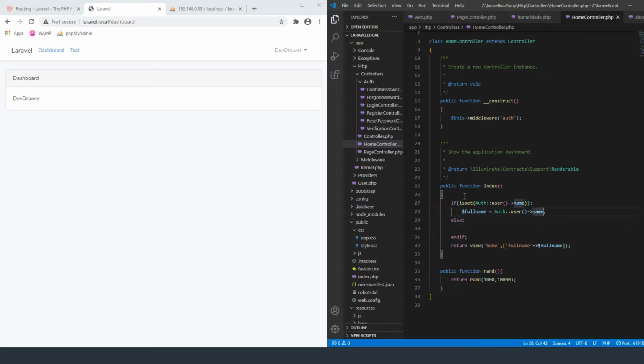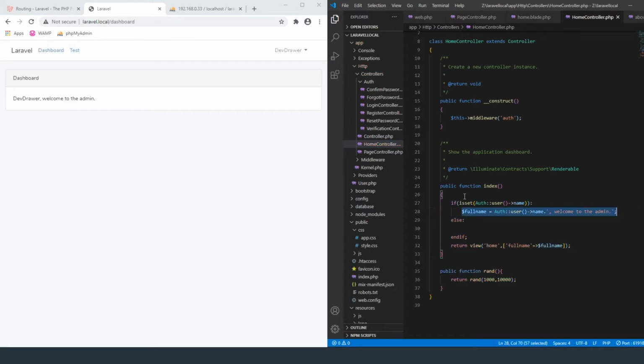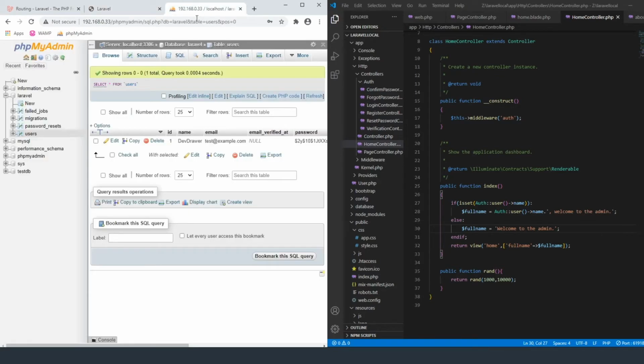So if it is set, we want to display it where it has a comma, and let's say welcome to the admin. Okay, so if it's not set, we want to come in here and we're just going to change this up and remove this and just put welcome to the admin. So if the username is not set, it'll display just that, and if the username is set, it'll display the username, comma, welcome to the admin. So if we go over here to our database and we're going to take out this name part,